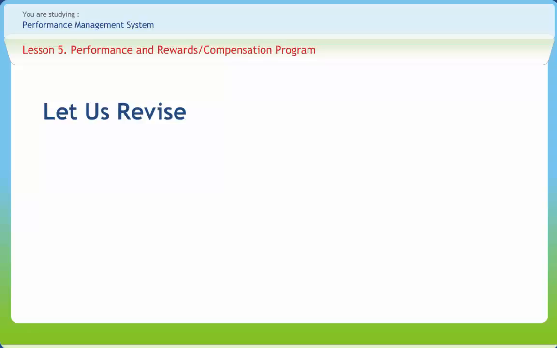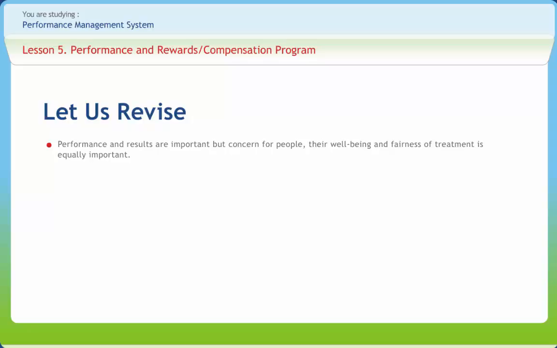Before we end, let us briefly revise what we have studied so far. Performance and results are important, but concern for people, their well-being, and fairness of treatment is equally important. If organizations want to attract high performers and retain and motivate them, they have to be willing to